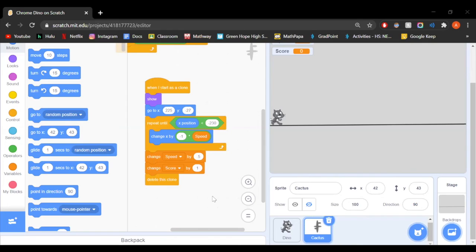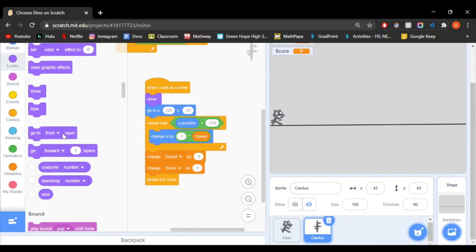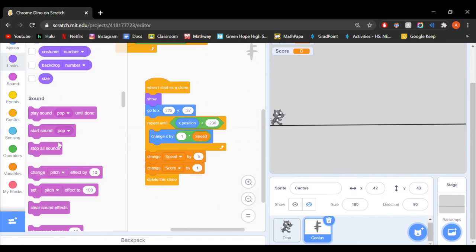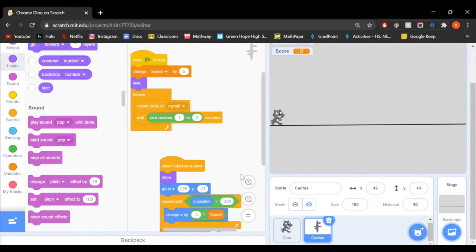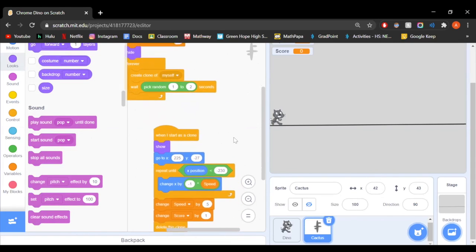To add a sound, do you just select a sound and put it in the forever loop? Yeah, basically. So you see how there's a sound tab over here? You can either record a song or record a sound or play a sound. They have their default sounds too, but I would just use the pop sound because uploading it is kind of complicated. But you can just basically put that every single time I jump over the cactus, play pop. So what do you do in the cat? I chose a sound and then